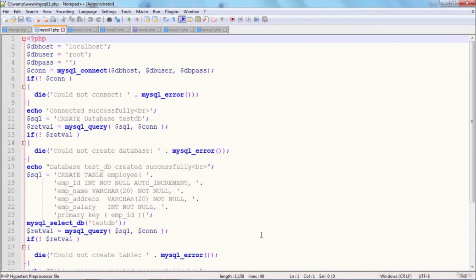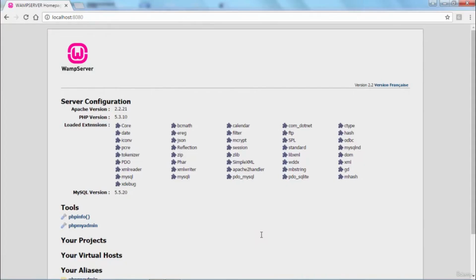So let me show you the home page of the WAMP server. So this is the WAMP server home page. You can see that PHP version 5.3.10 is installed on it, and the extension that is available is MySQL. So the MySQL API functions can be run on this particular configuration. PHPMyAdmin is the GUI interface for managing the MySQL database. So if I open this,